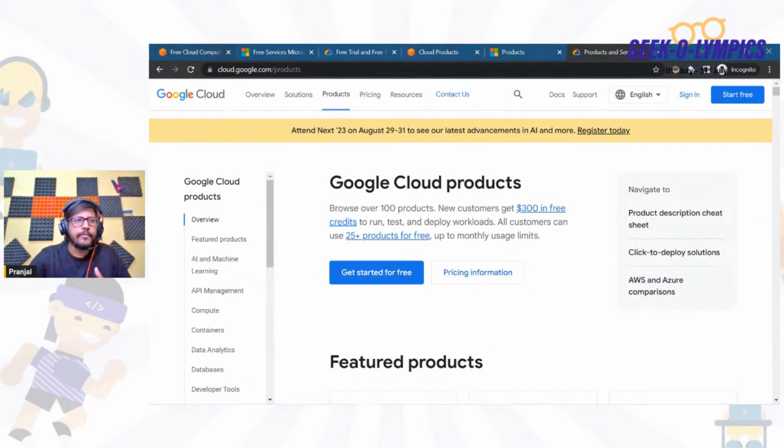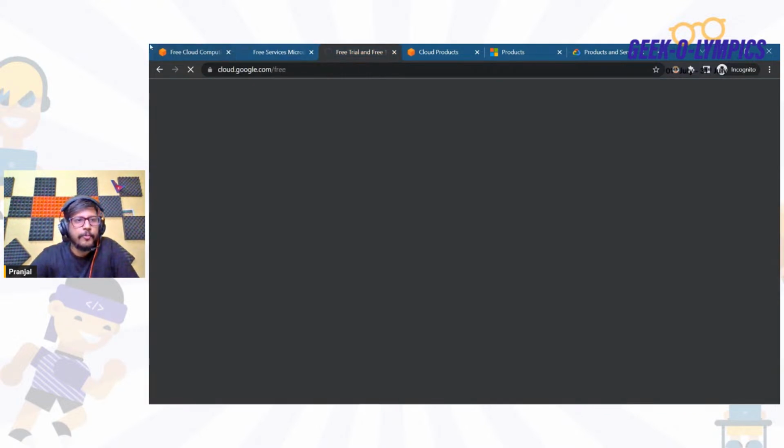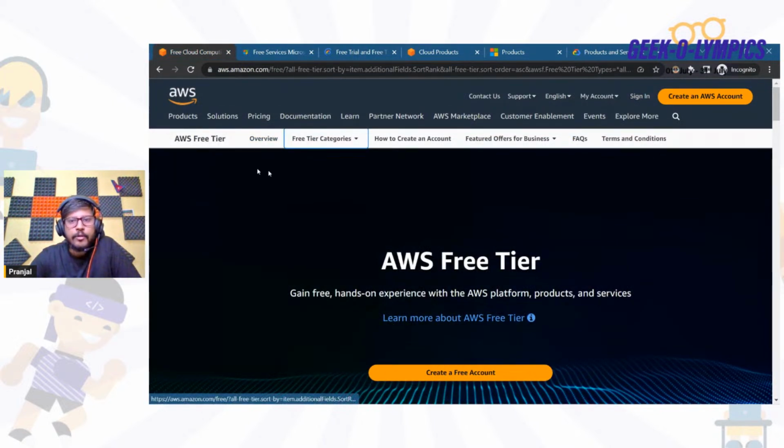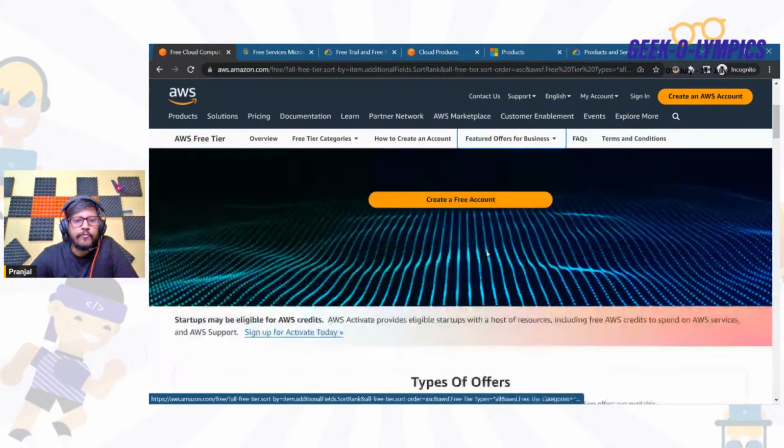One more thing at last: if you want to start on any of the platforms, whether AWS, Microsoft, or GCP, with an AWS account you just have to log in. If you are a student, they won't ask for a credit card as well. You can simply go to the free tier website and create a free account.